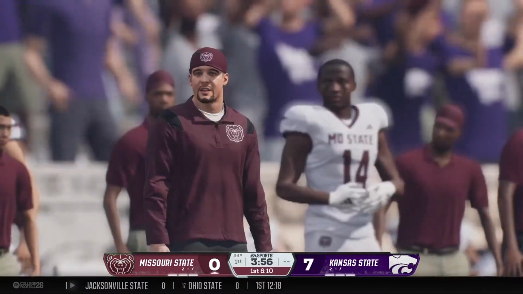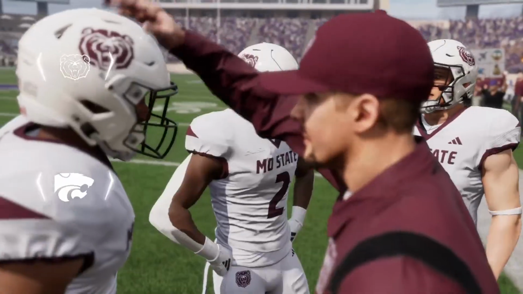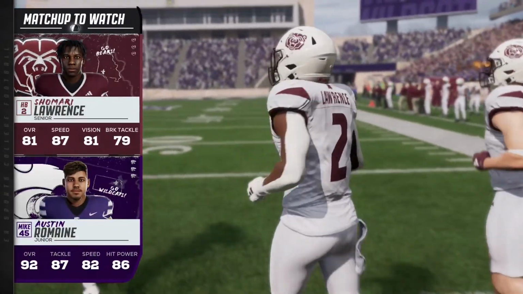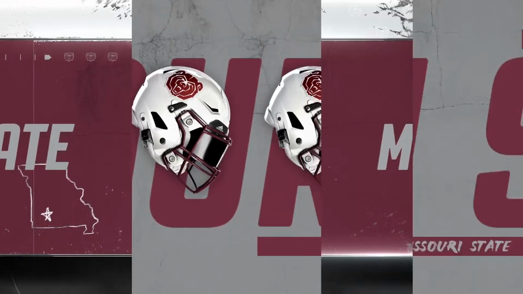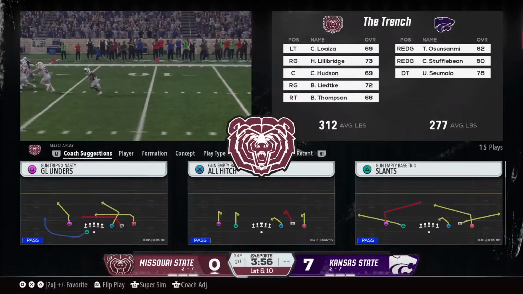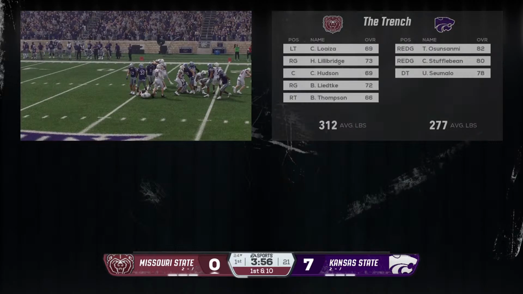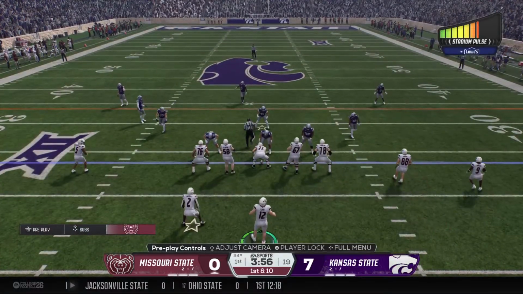Just never had a chance to shake loose, and he'll be brought down at the 24. The Bears offense will try to get something going with their first possession. The matchup we'll be watching in this one really takes you back. Big-time running back going right into the face of a tackling machine at linebacker, David.